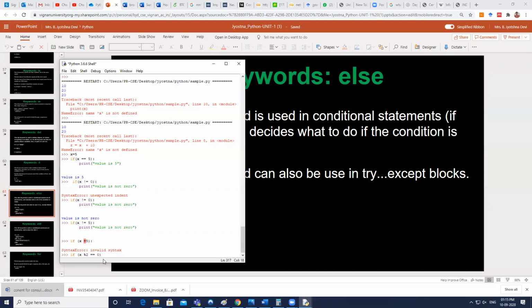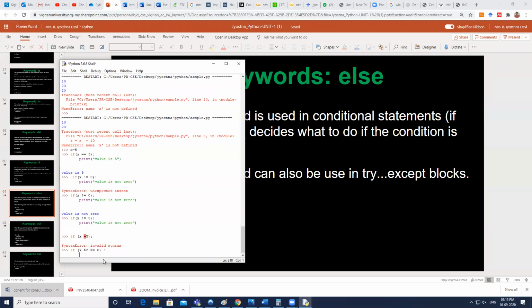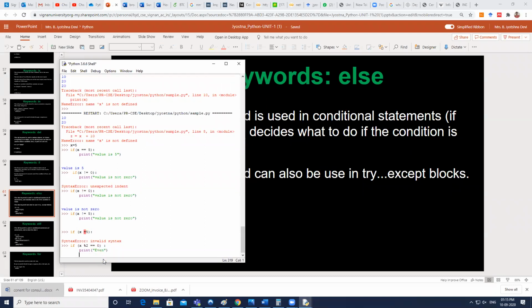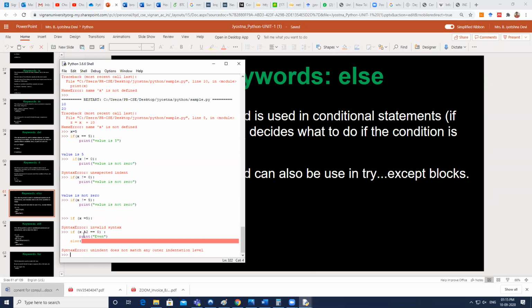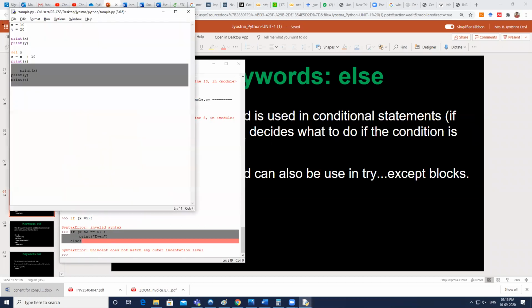If x mod 2 is 0, then what does it indicate? If x mod 2 is 0 means what? You can say that your value is an even number, right? And otherwise... writing this is a little difficult here actually. We better use a file itself. That makes our life easy.